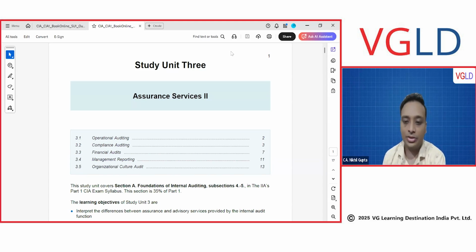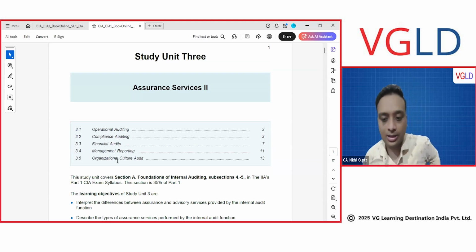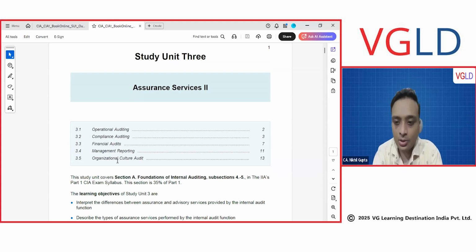Why did the IIA Institute come up with definitions, and how can we interpret it? We are in the middle of interpreting this. As you can see, we have operational auditing, compliance auditing, financial audits, management reporting, and organization culture audit. For organization culture audit, there are controls in place, which we call ELC